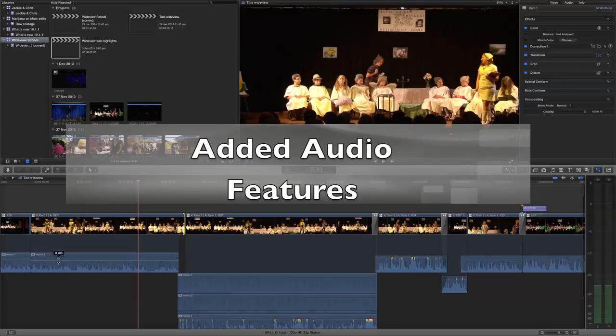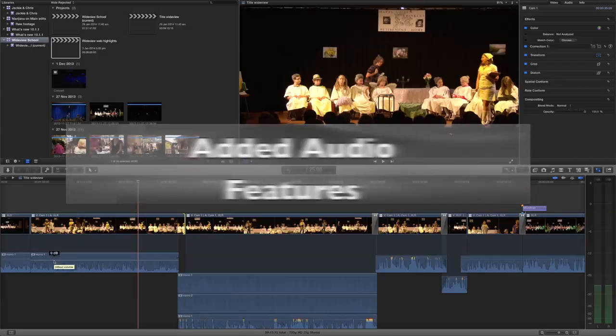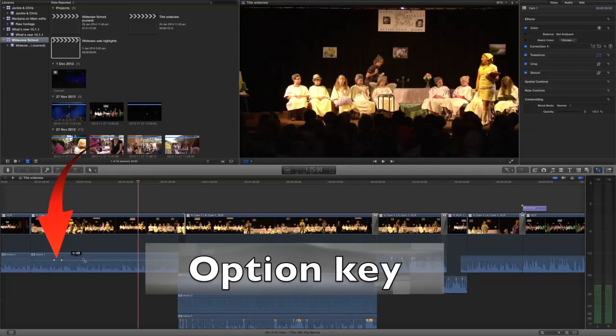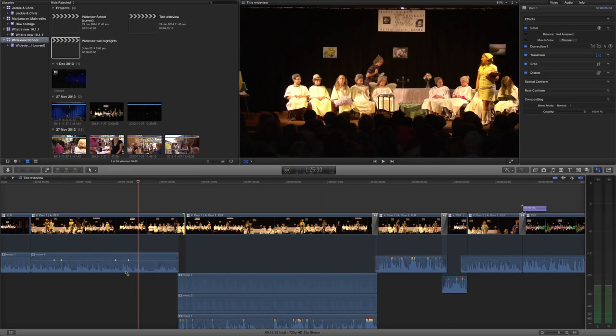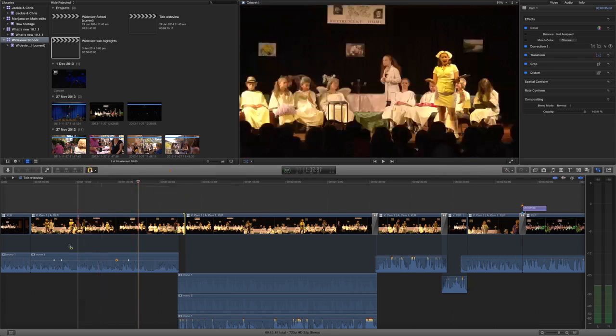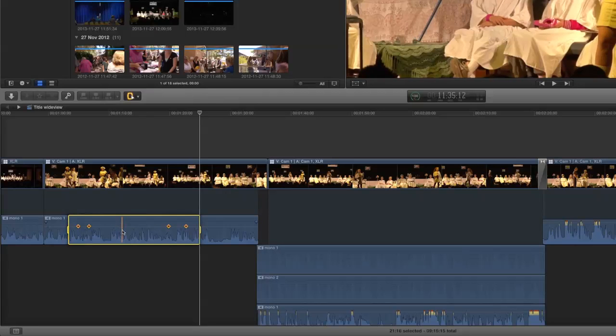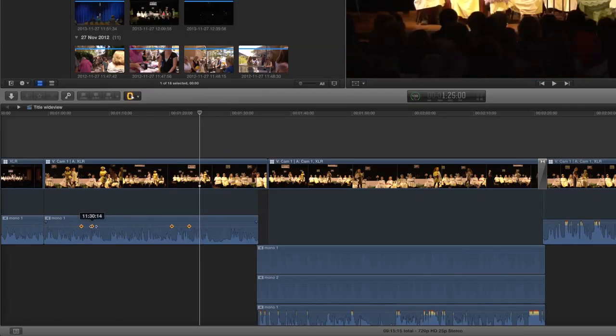Audio keyframes placed in a clip, as previously with the Option key down, we could set audio keyframes and move those around independently. But with this new version of Final Cut, if we select the Range tool and we select those audio keyframes, we can click on one of them and all of them are moved while they're selected with